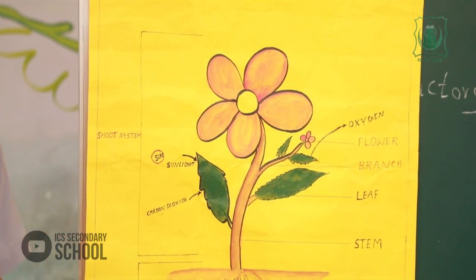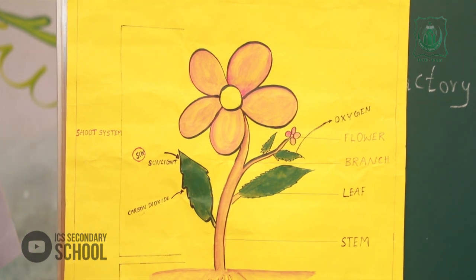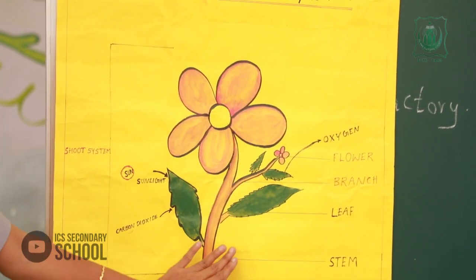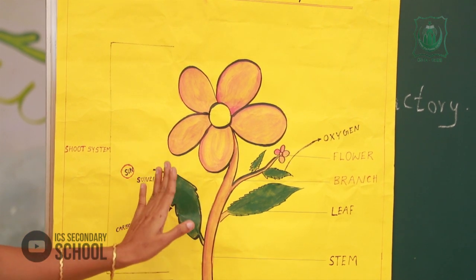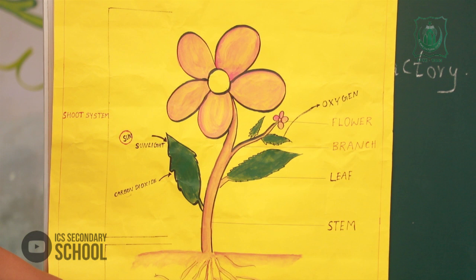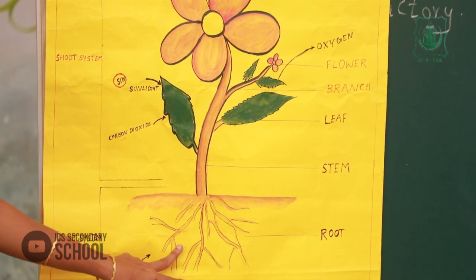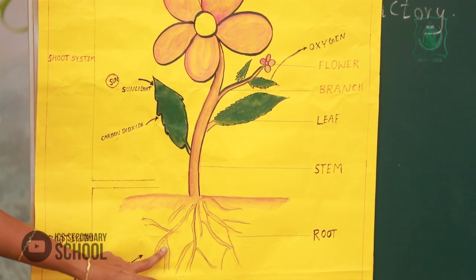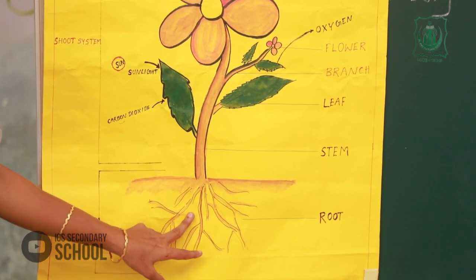The process of photosynthesis. The parts of a plant are here. Then next, the process of photosynthesis. Please listen to me. What is this? Root. The part of the plant, the root of the plant,